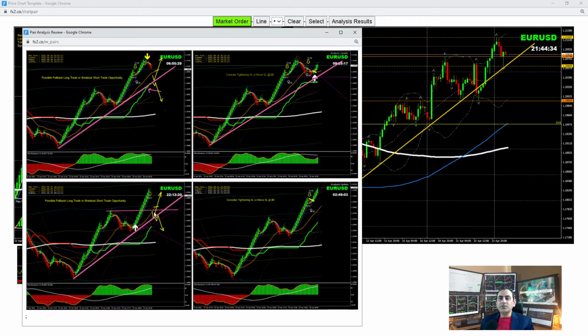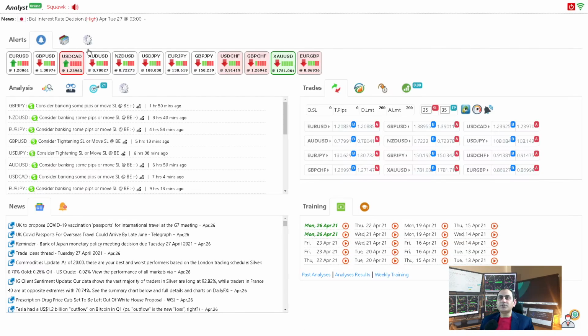As you can see, beautiful pullback long trade, very small short long trade. We have another analysis at the London morning session. We had another very small long trade as soon as the price hit the fib channel. We announced to consider tightening a stop loss or moving stop loss to break even. That's the only two trades we had on EURUSD, but we had quite good trades on pound dollar